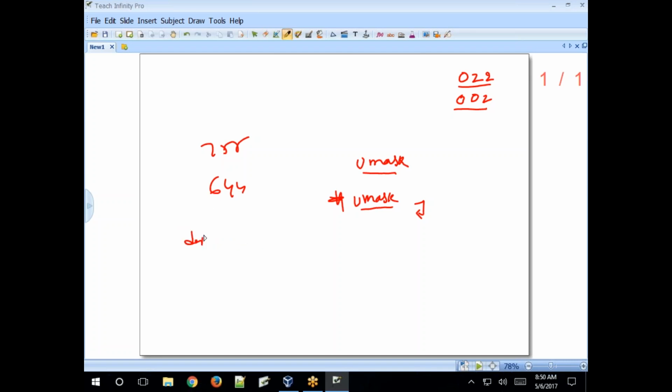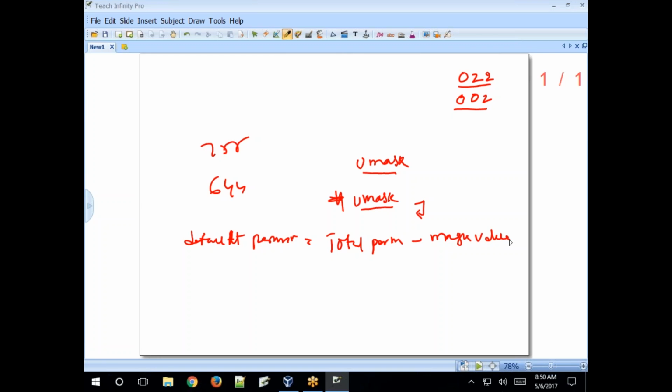Default permissions equal total permission minus mask value. So this is the default permission.